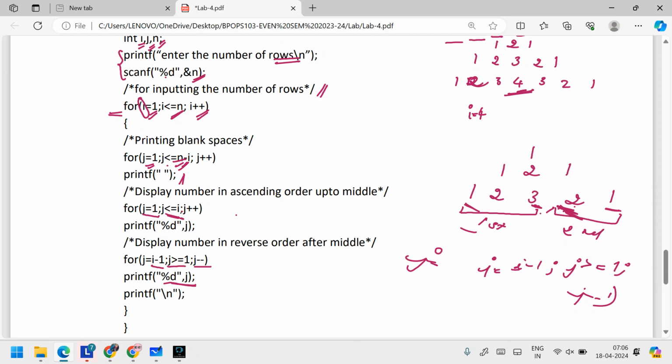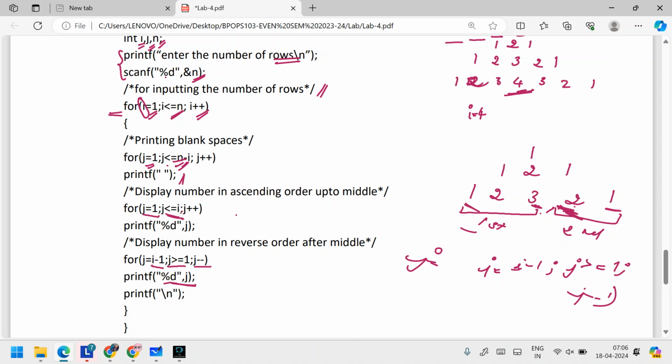For j equal to 1, j less than or equal to i, j plus plus. Then the third loop is for printing the characters in the ascending order, the first half. So j equal to 1, j less than or equal to i, because the outer loop will decide, right. j plus plus.